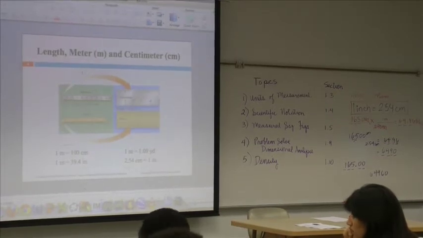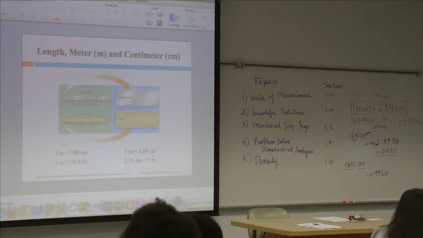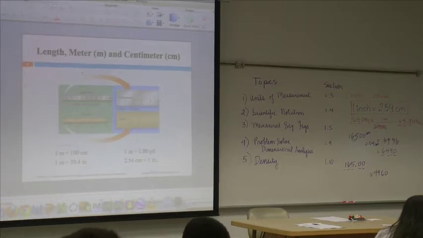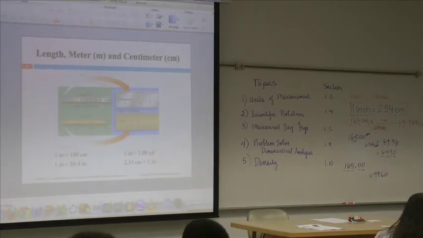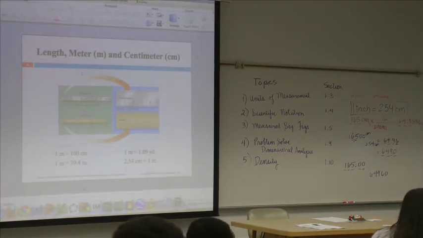Okay, so let's look at letter A. So class, letter A says 0.005. How many significant figures is that? 3. 3, because there's a 0 after the dot. But that first 0 doesn't count. But the dot then 005 is 3 significant figures. Very good, right? What about the next one? No, because the zero doesn't count. How many significant? 2. 2, very good. So is everyone getting it? Number 1.